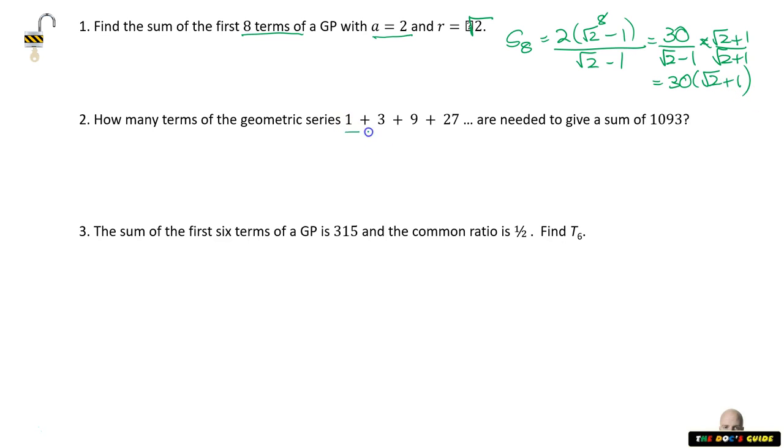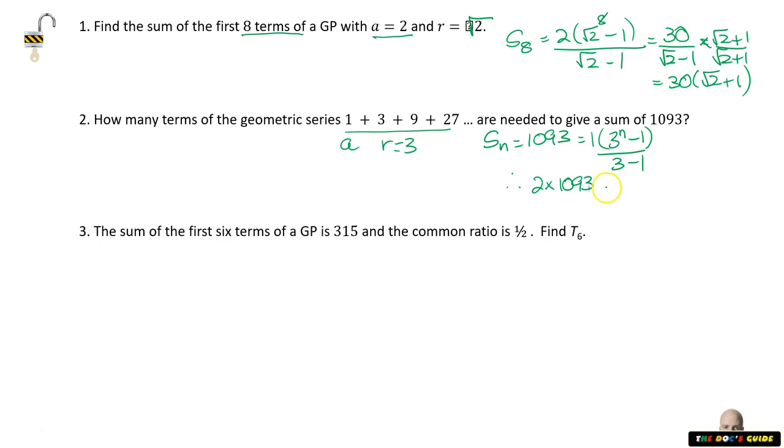Next one, how many terms of this GP? Now if we look at that GP, we can see that a is 1, the common ratio is 3, one term divided by the previous is 3. And we want to know the value of n if we're going to get a sum of 1093. So Sn is 1093 equals a, which was 1, outside of r to the n minus 1 over r minus 1. So when we go ahead and solve this, we can see that we've got 2 on the bottom, so 2 times 1093